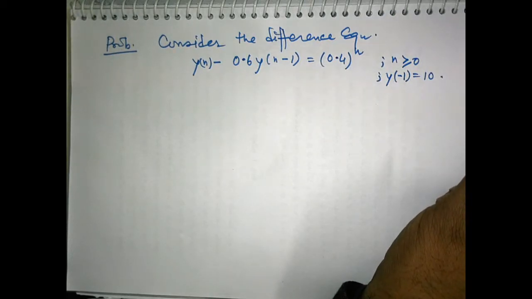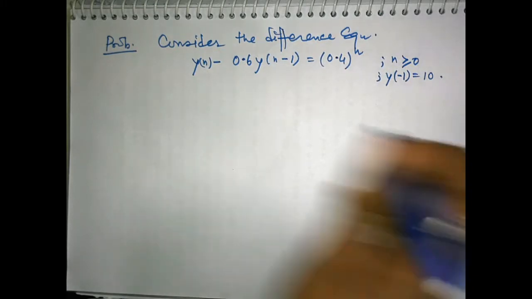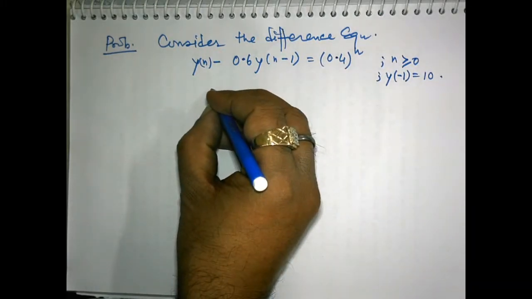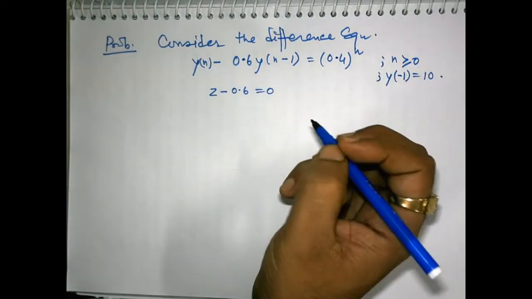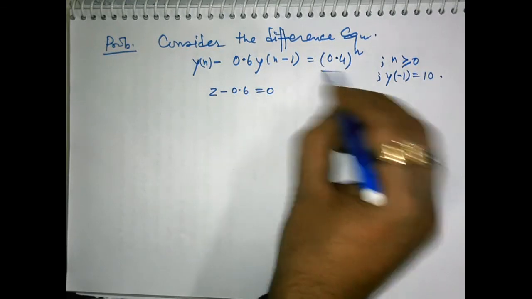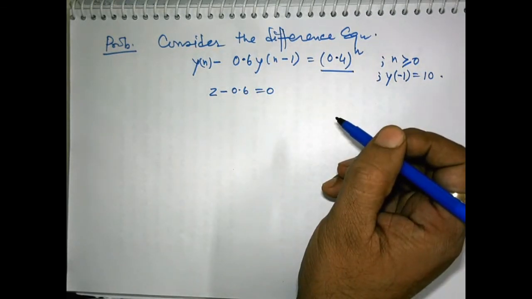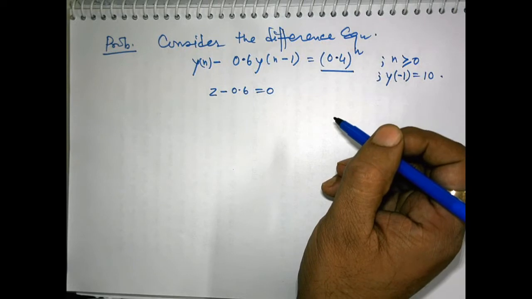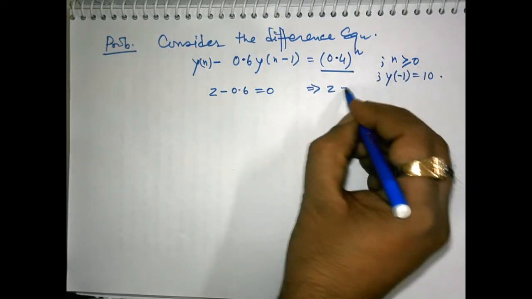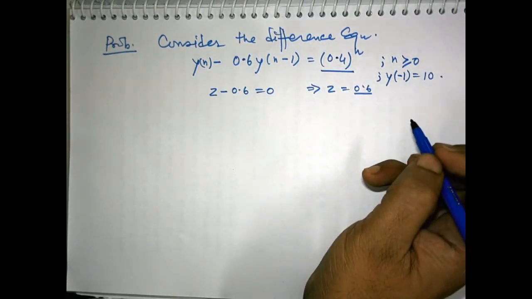And to obtain natural response, we set up the characteristic equation. So what is the characteristic equation? If you recall from your earlier problem that we used in our last class, this is z minus 0.6 equals 0. This will be the characteristic equation, because while forming the characteristic equation we put input equal to 0 and we take z transform on both the sides and we evaluate the roots of z. Okay, so z comes to be equal to 0.6.